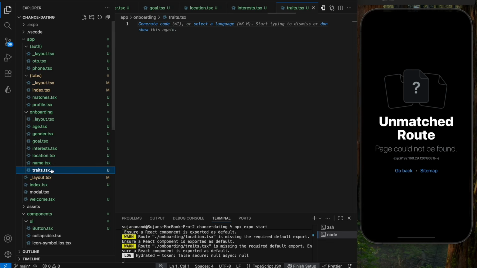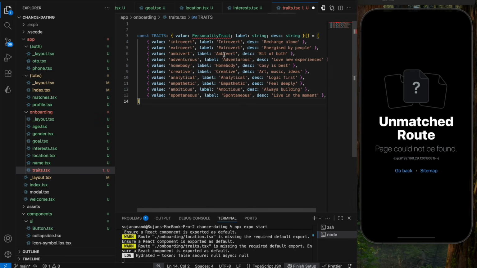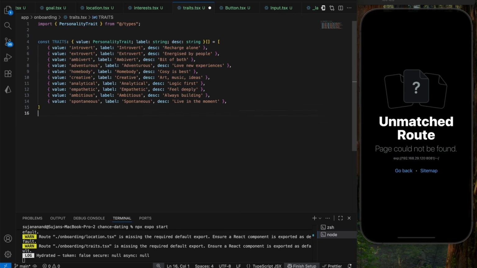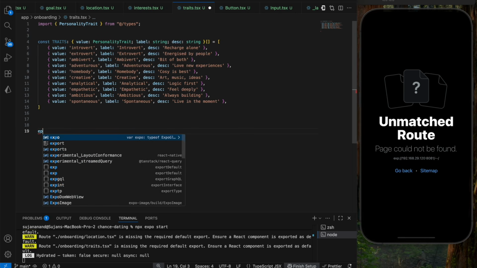That's going to be your traits.tsx. Let's start designing the traits. It's pretty simple. Okay, so here first of all, onto the top of the trait screen, I'm going to get the traits data. Let's try to add it over here. So with the help of this, we're going to start designing the screen. So make sure to import the trait from the types folder, and here I'm going to say